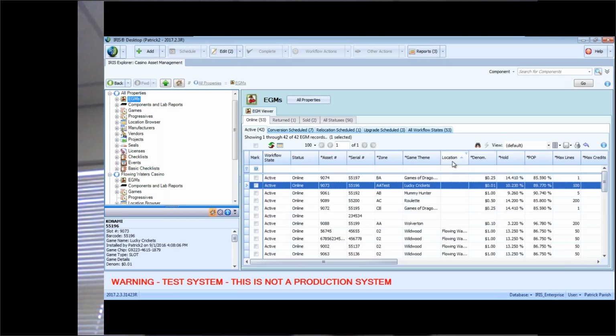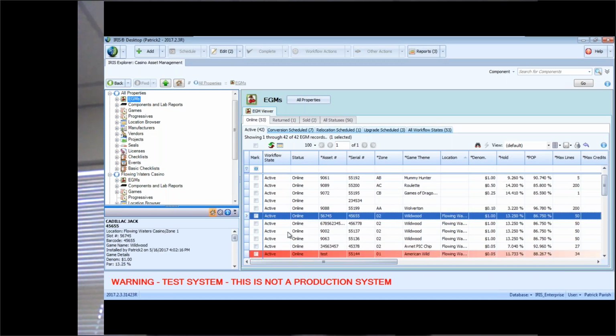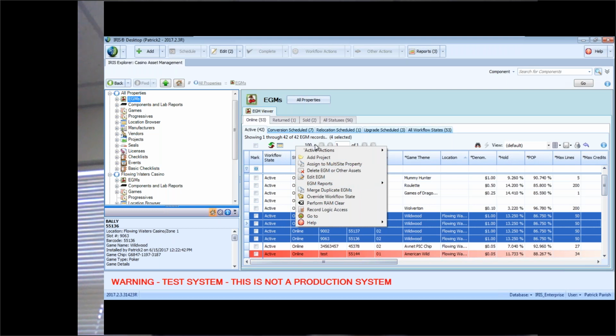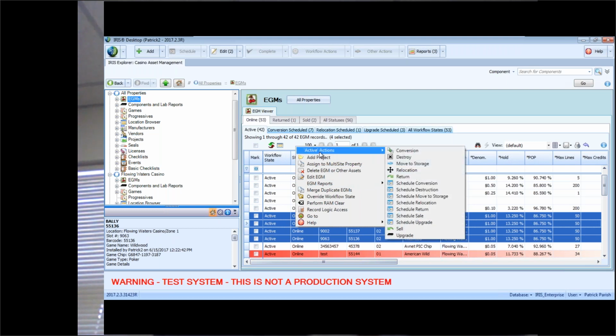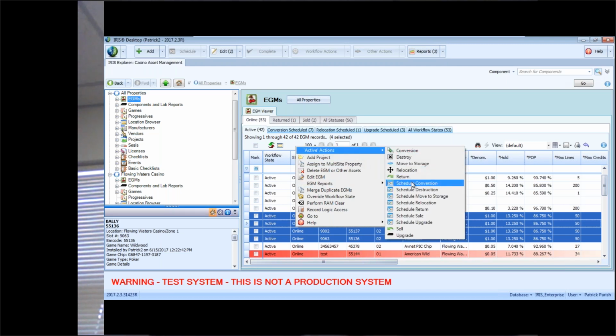So what I'm going to do is I'm going to grab some machines from Flowing Waters Casino. I'll just grab 4 of them, and I'm going to schedule a conversion. So I'll right-click on here, and up here at the top we have this active actions, and this list of actions here apply to anything that's in a workflow state of active. So we can see all 4 of the machines that I have selected are active. So I'm just going to schedule a conversion,